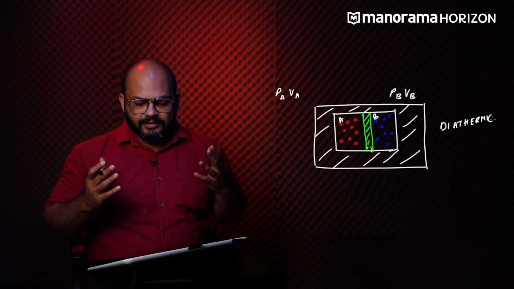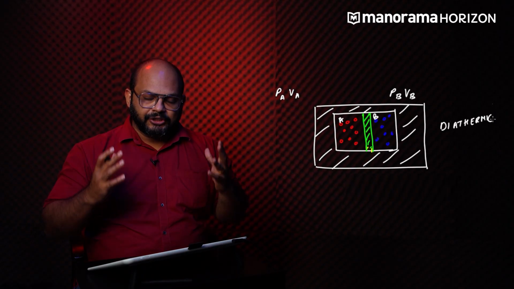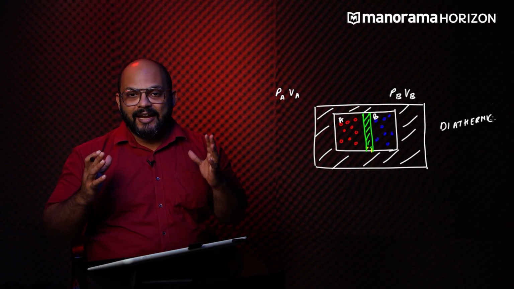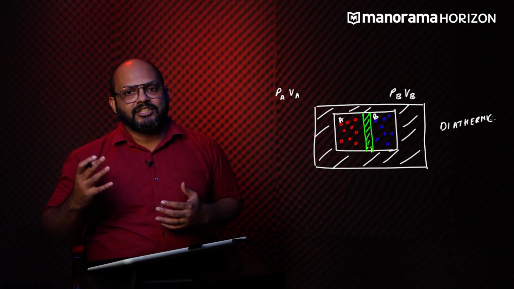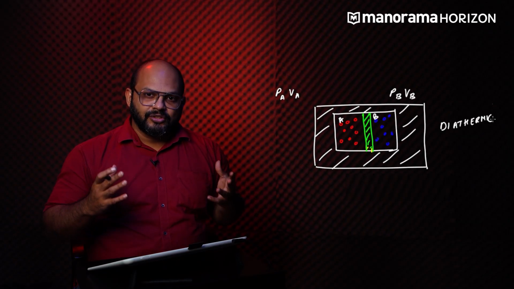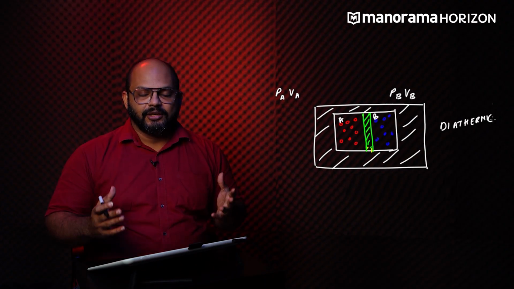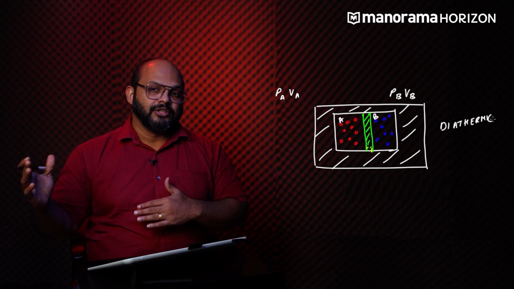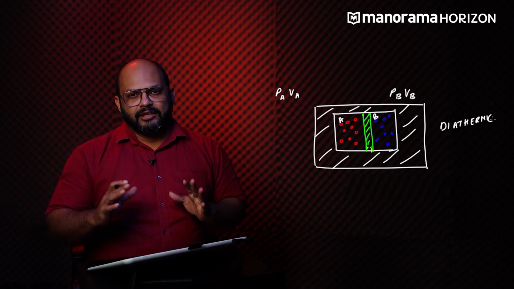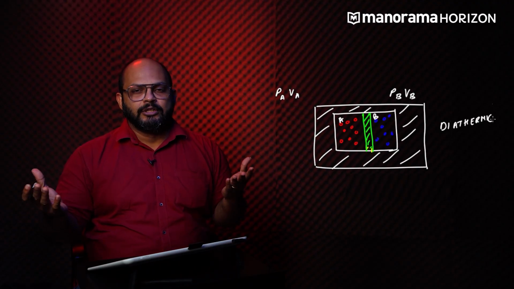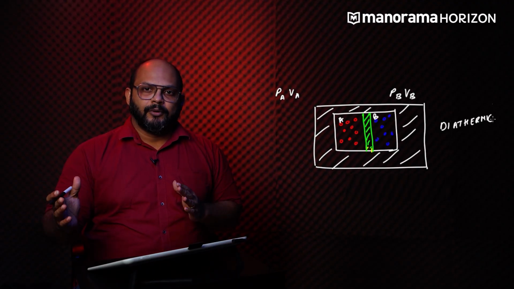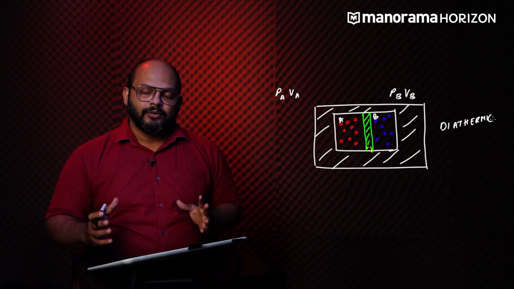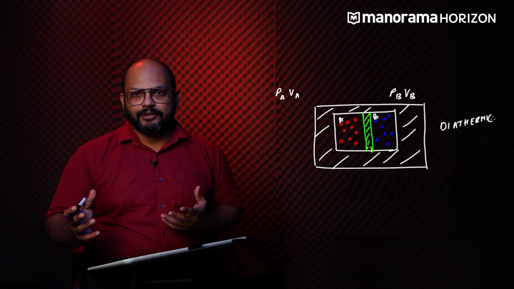to move. In this case, the pressure and volumes of the gases will start to change spontaneously because heat energy is being transferred from one gas to the other. And this transfer of heat will take place until both of them reach a point where their pressures and volumes stop changing further. Please note, the pressure and volumes of these gases don't have to become equal to each other, but there will come a point where the pressures and volumes are no longer changing with time. So now these two gases have reached equilibrium.